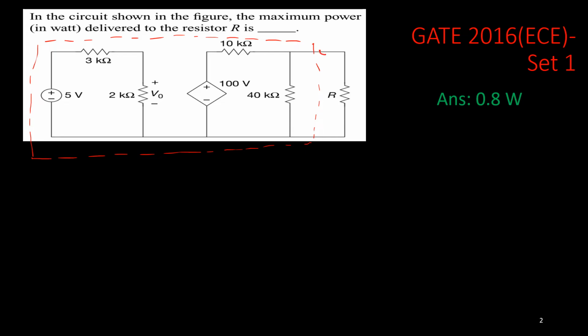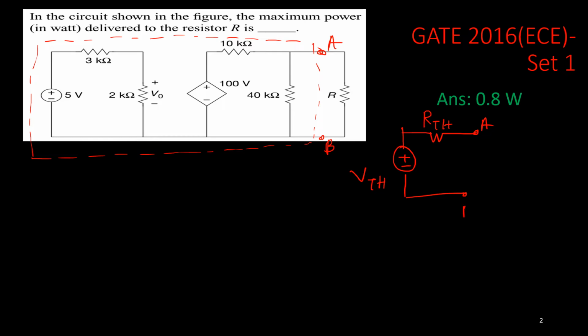Across these 2 points, this is your point A and B. This network we can reduce by Thevenin parameters, suppose VTH, one voltage source, and series resistance RTH. So V sub TH and R sub TH. If we can find this Thevenin parameter for this network, this is node A